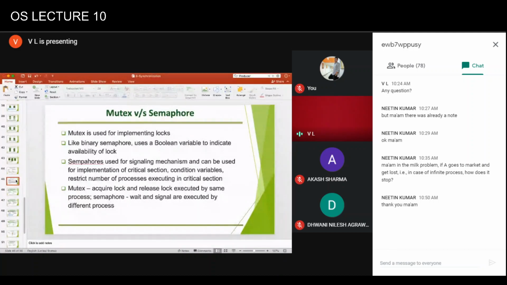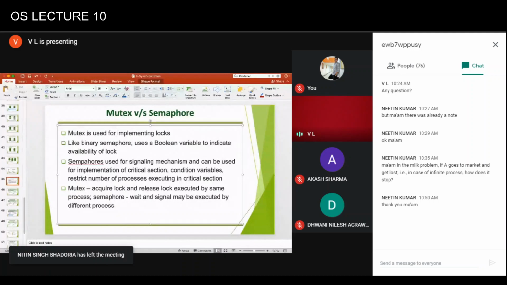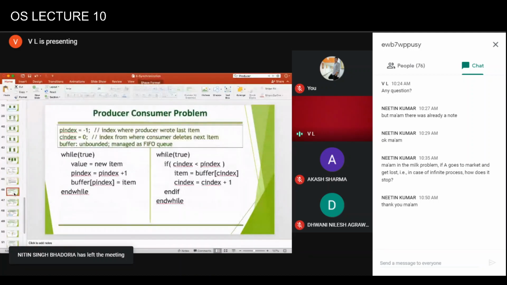And generally, in case of a mutex, acquire lock and release lock are always executed by the same process. Whereas in case of the semaphore, wait and signal may be executed by different processes. They are executed by the same process when we are talking about critical section handling, that is mutual exclusion. But if you want to go for a signaling mechanism, they can be executed by different processes.